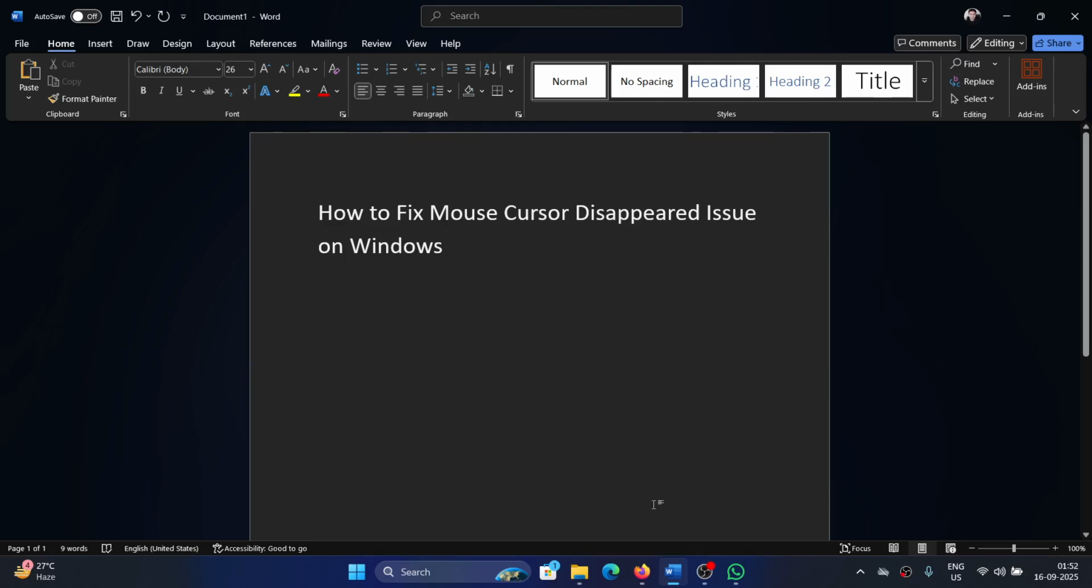Hey friends, if you encounter this issue where the mouse cursor has disappeared on your Windows computer, then please watch this